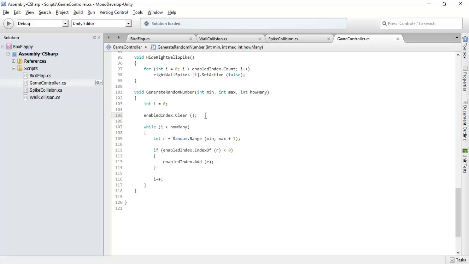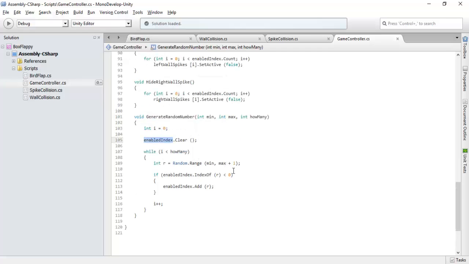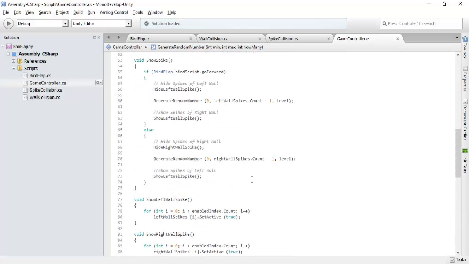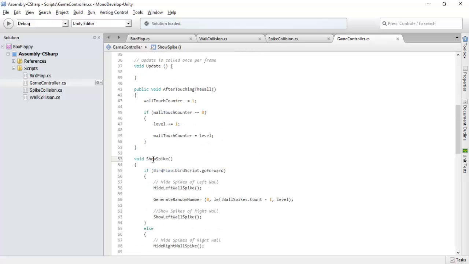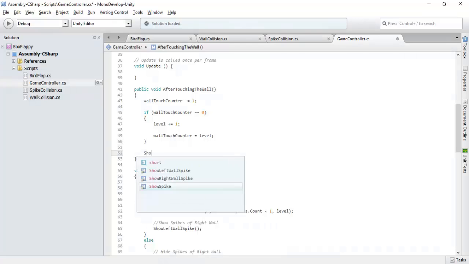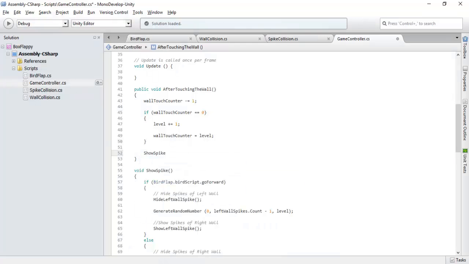We will first clear the array, make it size 0, and then we will insert our random numbers in this enabled index list. And we'll call the show spike function from this. After show spike,